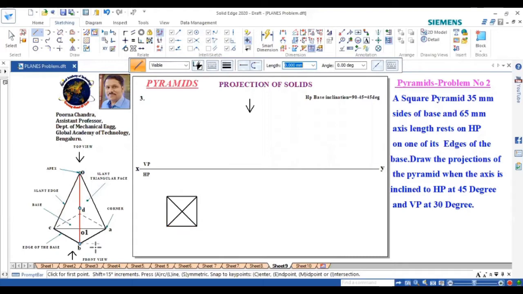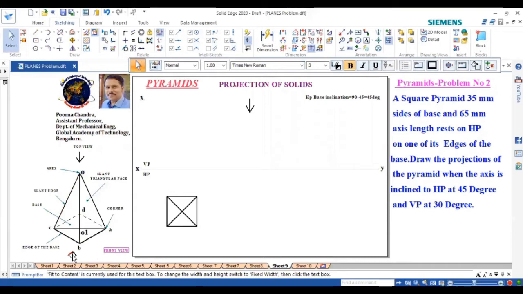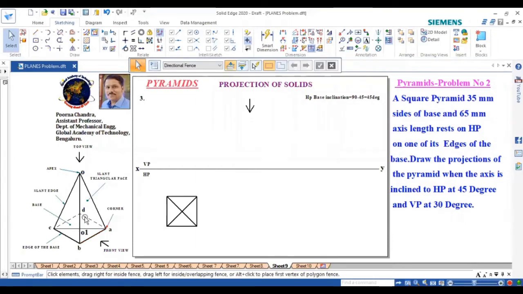From the front, if you watch, the front view lies from one of the sides here. If you watch from this side, that will be the front view. So you are able to see this side AB, and you are able to see ABO, right?